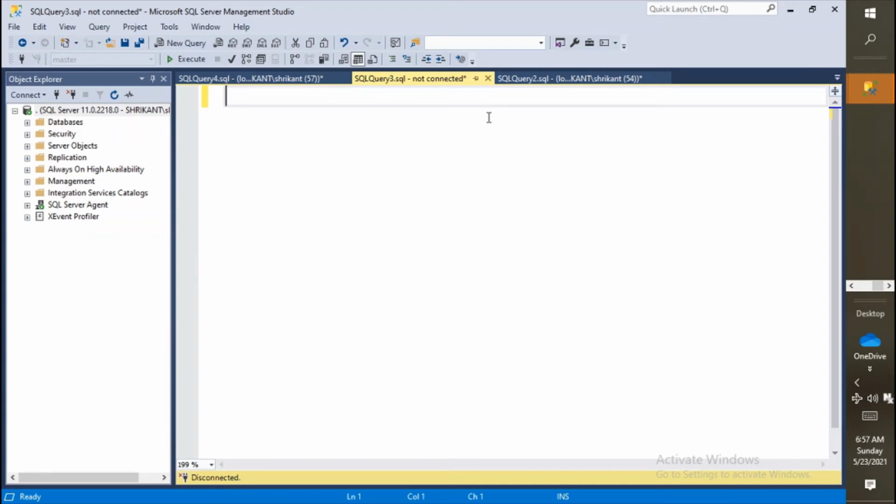It means the global temp table is accessible until the original session is closed. You don't need to manually drop the table; if you close your original session, the global temp table will also get dropped from the database.